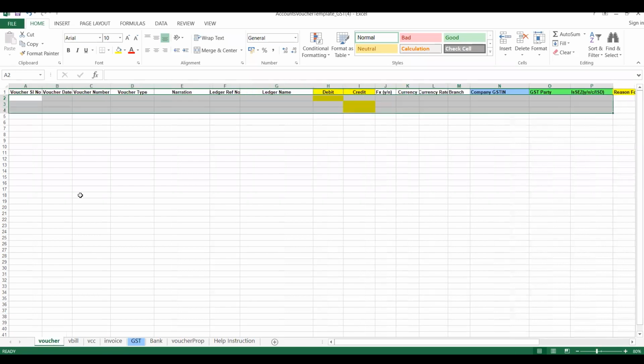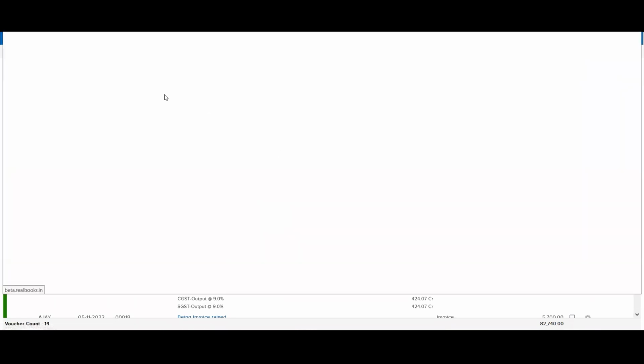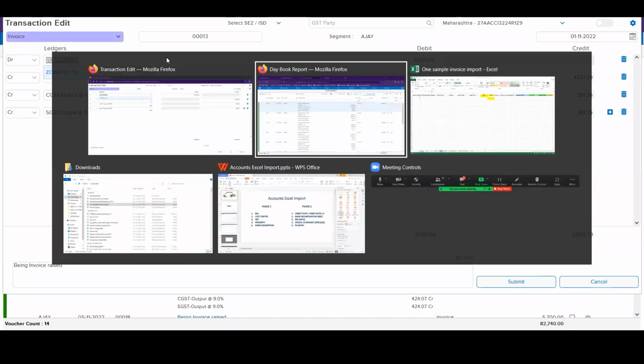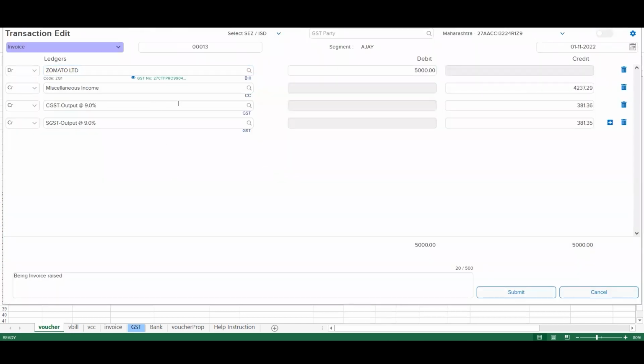Now again, I'll come back to the voucher sheet. Today we'll be learning how to import this particular entry. I am debiting my Zomato ledger over here, so I'll simply copy paste the ledger over here, and the miscellaneous income ledger